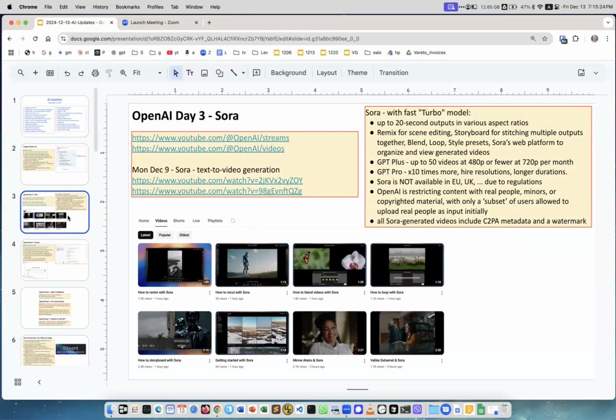OpenAI days continue. This week, 5 days, 5 announcements. First is Sora. This is a text-to-video model. It was first announced in February, and only now it is made available. Lots of people are testing it, posting their results. Very exciting. So it can do up to 20 seconds outputs in various aspect ratios, a remix for scene editing, storyboard for stitching multiple outputs, blend, loop, style presets, the Sora web platform to organize and view generated videos,